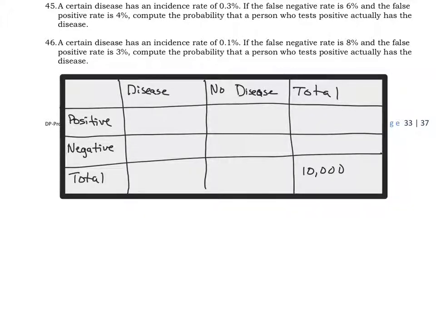Probability practice exercise 46. A certain disease has an incidence rate of 0.1%. So let's figure out how many people from our population or our sample of 10,000 would have that particular disease. So we're going to move that decimal 2 places to the left, or we could divide that 0.1 divided by 100, and that would give us the same thing, which is 0.001